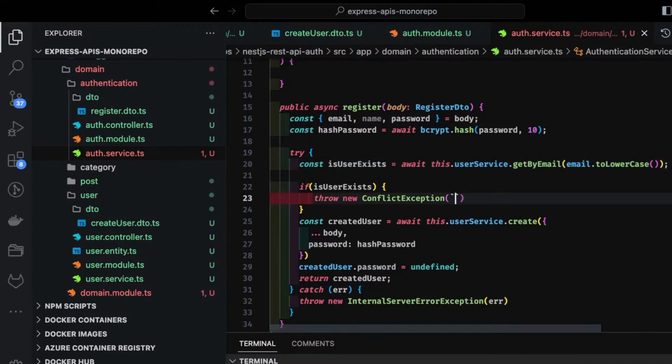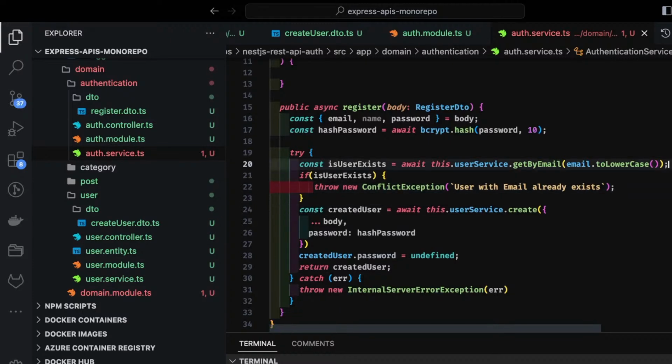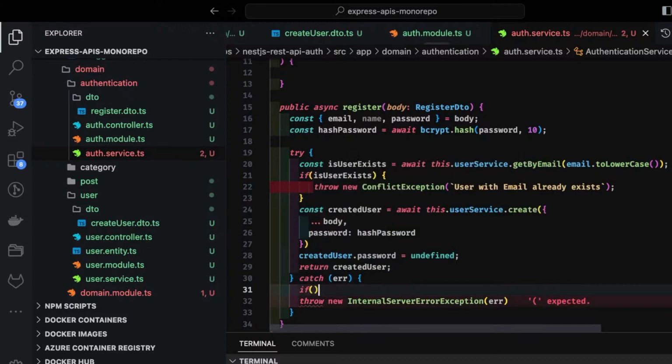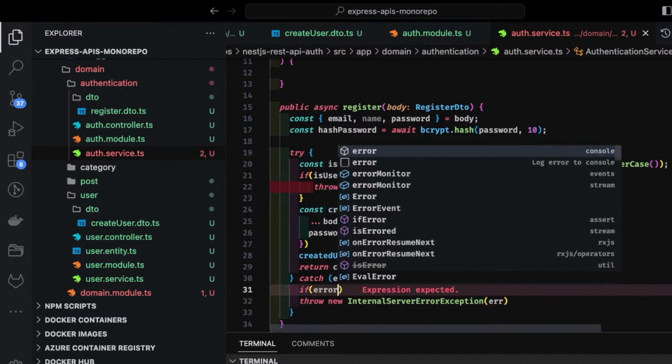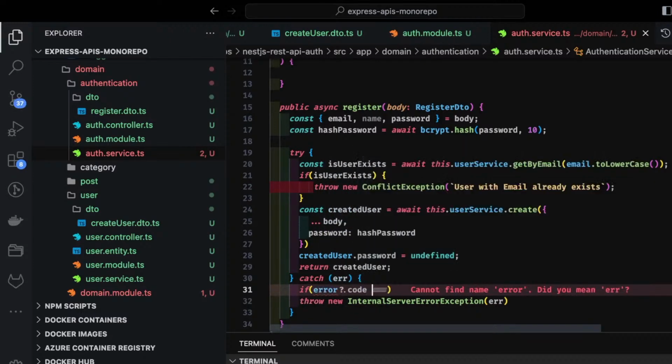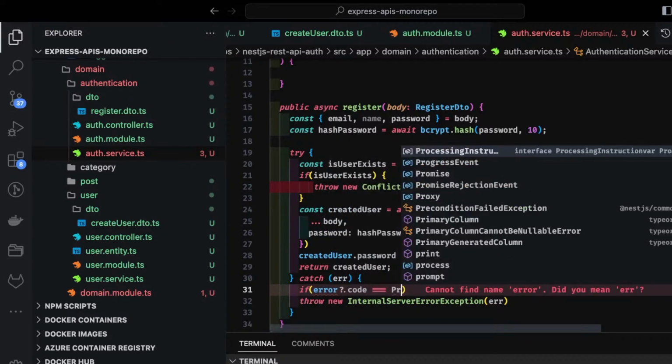Conflict exceptions, user with email already exists. Something like this you can do instead of getting an exception from the database, because if you insert with the same email, here also you can handle it that for a particular error code you can customize the response. User with this email already exists, something like this. So here you will check is error.code equal to, so there is some error code for this